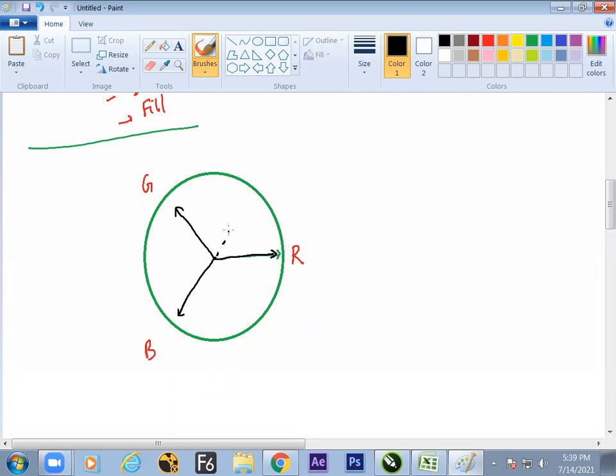Now these are the secondary colors. If you mix red and green, it forms yellow. Exactly the same way, if you mix green and blue, it forms cyan. And if you mix blue with red, then magenta forms. So this is the color coding theory. Now a summary: red plus green, yellow. This is your screen color theory.